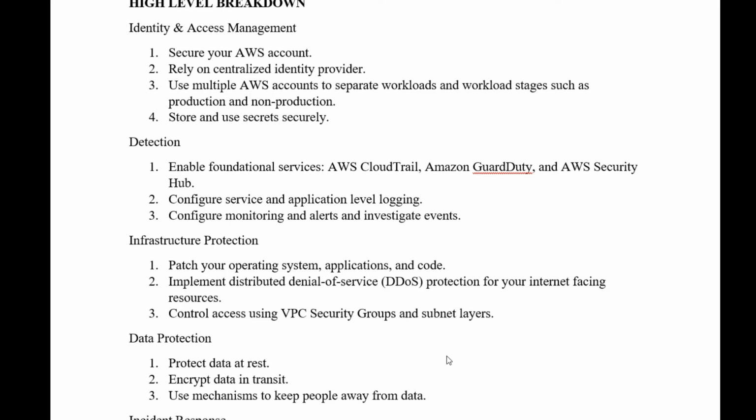And the third one, configuring monitoring and alerts and investigating events. Configuring monitoring is very important, so we can continuously monitor and detect abnormalities and very unusual behaviors. Likewise, we can configure an event to get an alert, so without looking at the monitoring dashboards all the time, we can configure alerts to trigger on an event.